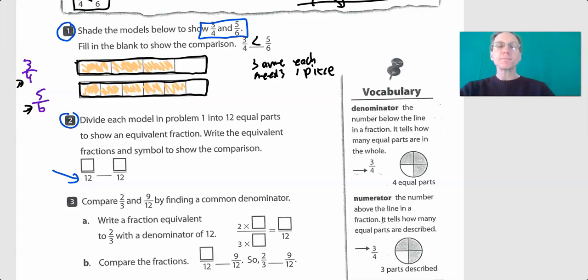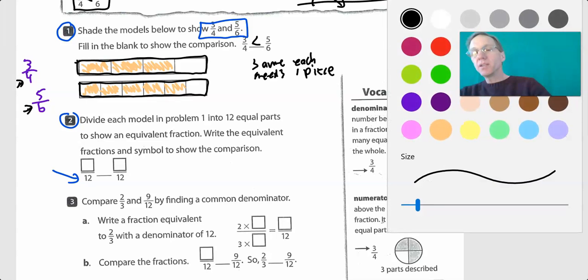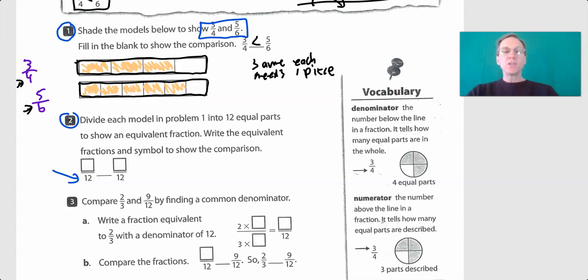Okay, now, still another way to do this, what you're going to be doing more and more of, is to just basically cut these pizzas into where they have the same number of parts. So let's start with this one. If I double the number of slices, in other words, I'm going to cut each of these slices, including, I'm going to pretend in this part, even though there's no pizza there, I have to pretend like I'm cutting everything in half, which basically means I am doubling the number of slices. This will now mean that I have 12 slices to make a whole,